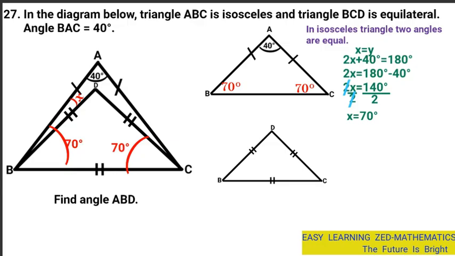So we are going to use this property to find the value of the angles of this equilateral triangle. This should be in your mind every time. You should know that an equilateral triangle has 60 degrees. You don't even need to calculate. You just need to know that in an equilateral triangle all angles are equal and they are equal to